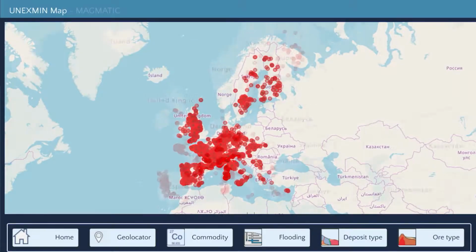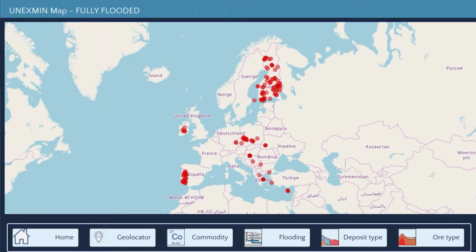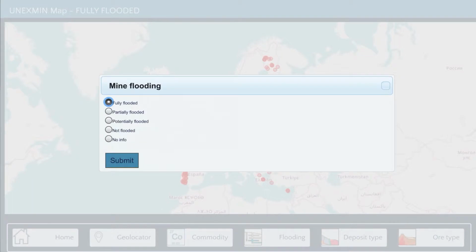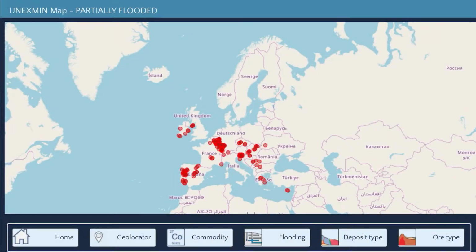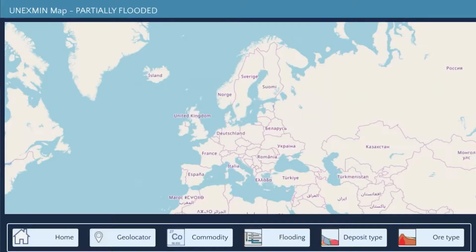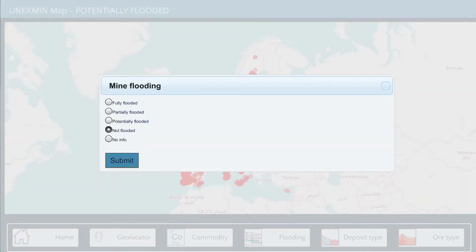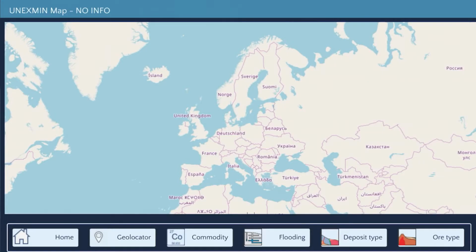Then we can also select through the flooding. Here you can see that the definition of flooded mines is very variable. For instance, if we select polyflooded mines, you will see that, of course, Finland is polyflooded for its geology, but it's also really relative to whoever compiled the database.